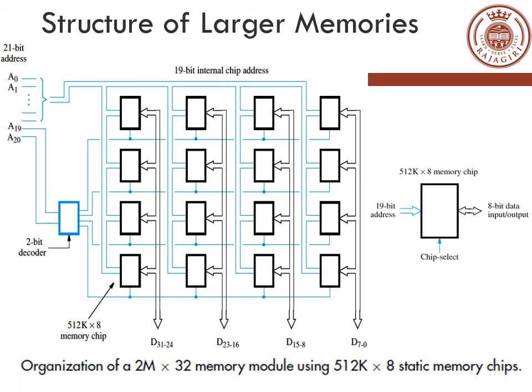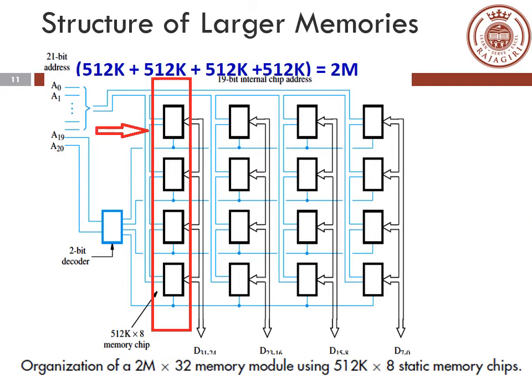So altogether, in order to represent the 2 mega locations, you are having a 21-bit address. Now, as I said, suppose we are not having the provision to make the big size memory. Using the small size available memory chips, you will be making it. Now, in this example, the available memory chips are of size 512K into 8. That means 512K locations, and in each location you can save 8-bit data. This is how we have arranged the small memory blocks, the 512K memory blocks, to make our requirement.